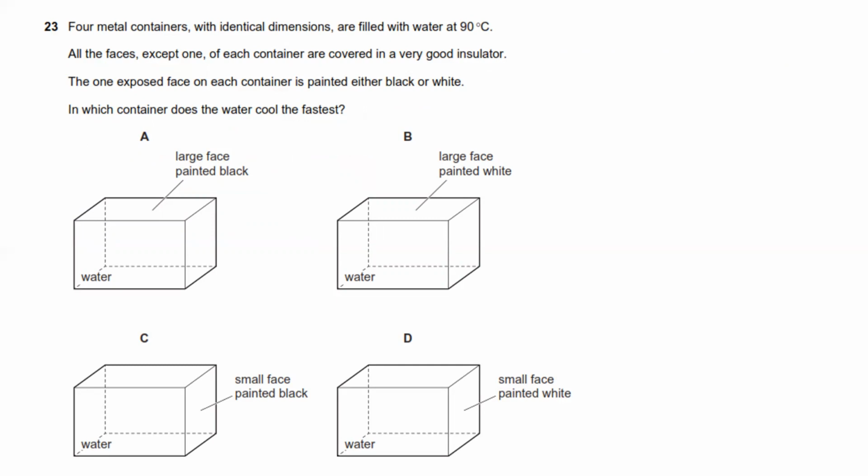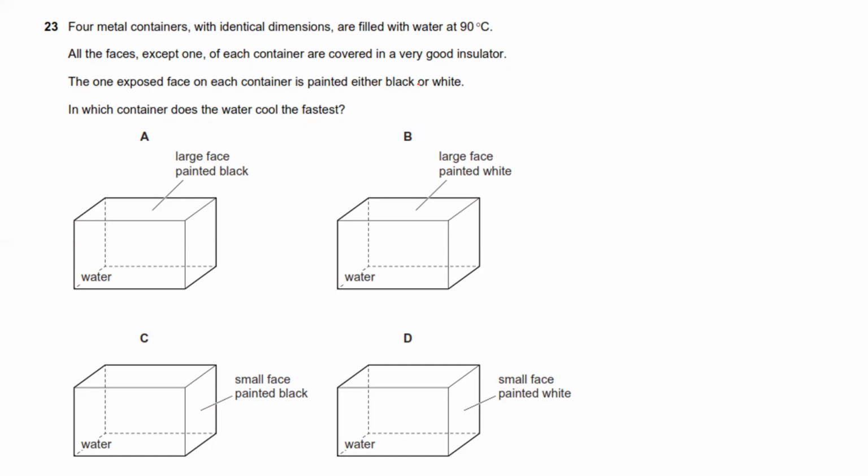All the faces except one of each container are covered with a very good insulator. The one exposed face on each container is painted either black or white. In which container does water cool the fastest? So remember,